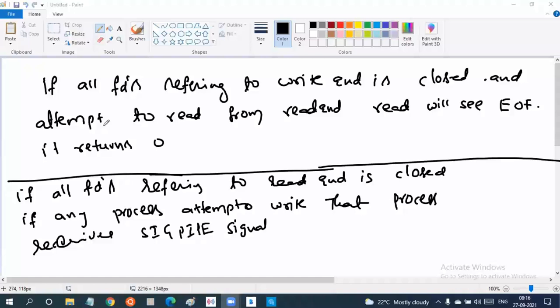Any doubt in this particular point? So if a process is reading where all the write ends are closed, then read will see end of file, it will return 0. If a process is writing where the read end is closed,